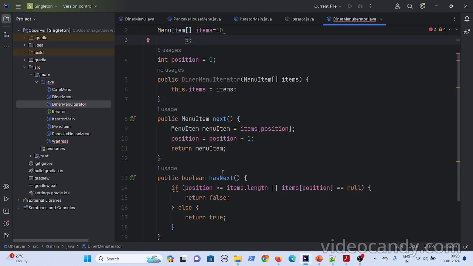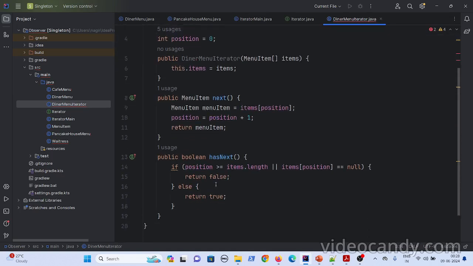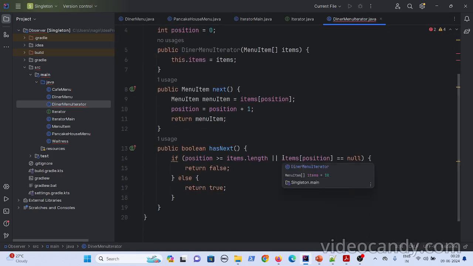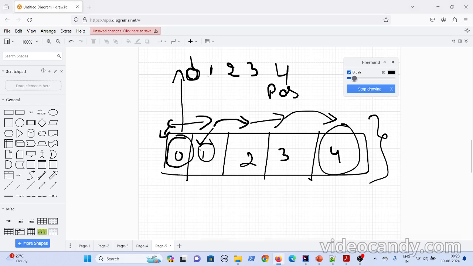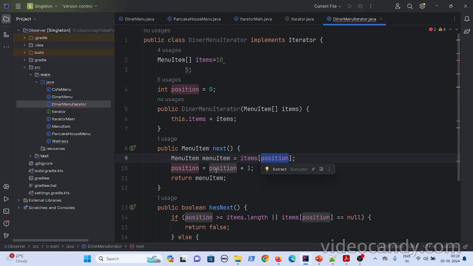First you invoke whether this particular iterator's hasNext is true or not. If it returns true, then invoke the next method. What is the next method doing? It is just giving you items of the position. For the first time, it will give you the 0th index element, and immediately it increases the position by 1.